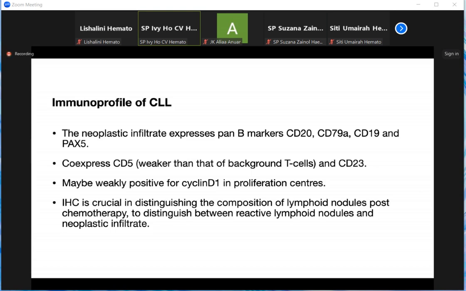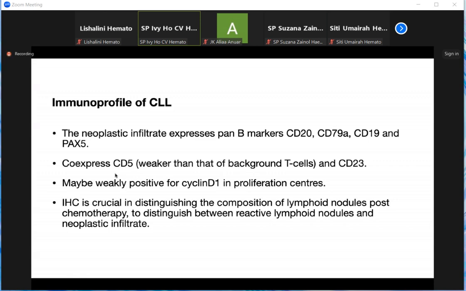So when you look closely, the CD5 expression of this abnormal lymphoid infiltrate in this B cell lymphoma tends to be weaker than the background normal T cells. Okay, and these neoplastic CLL cells also express CD23. This pattern can already be appreciated before you look at the trephine, because